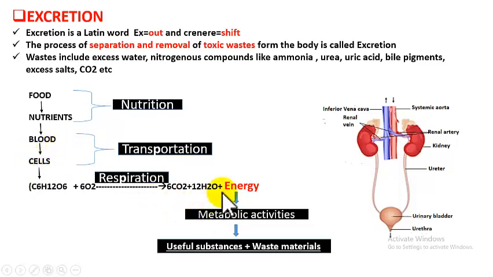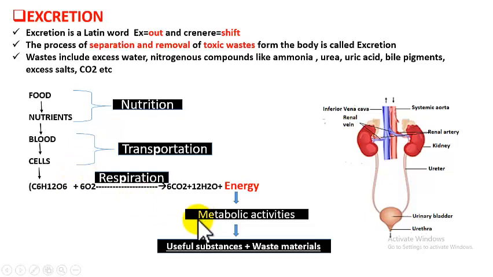What are these metabolic activities? They are nothing but the biochemical reactions that are happening inside our cells. Students, do you know our cells are like factories? Yes, they are called biofactories. What happens inside a factory? Certain substances are made and certain substances are broken down too. Right? Similarly, in our cells also, some substances are made and some substances are broken down. So there are making processes and also breaking processes.